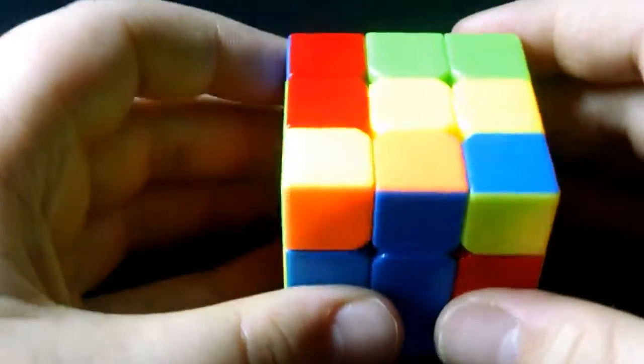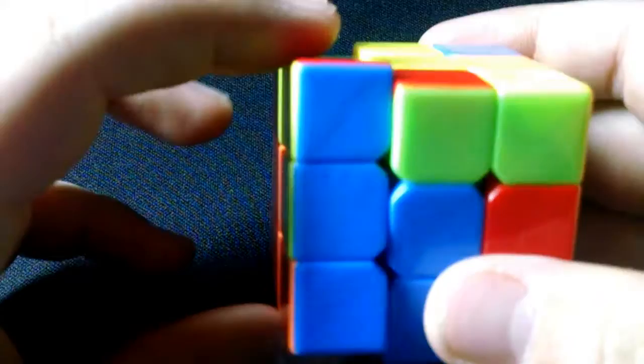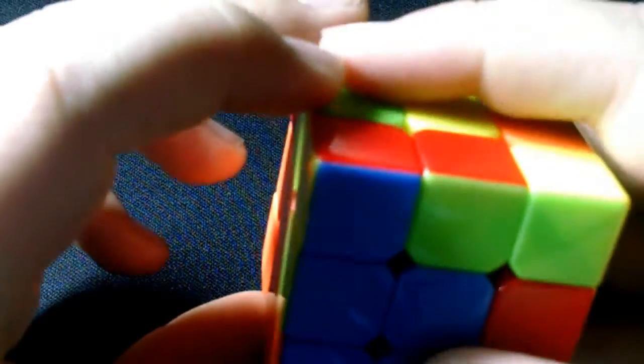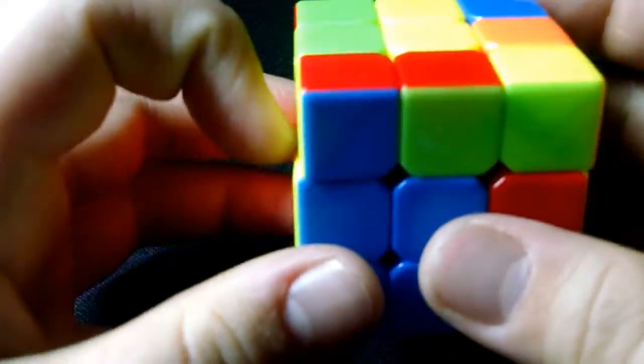So what you want to do is move it out of the way, and then the algorithm from earlier in this video, you want to do the lefty alg. The lefty alg is very simple. So what you want is move it, put it there, move it out of the way, do the lefty alg, like move this one, so this one's over here. You want to do the lefty alg,